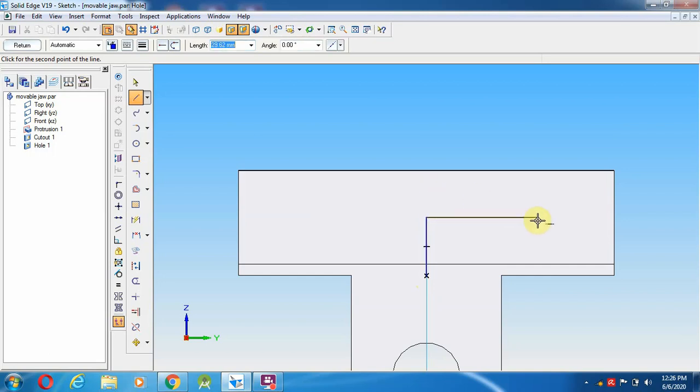Then the distance between the holes is 60 mm. That means this side 30, other side 30. So starting from there, we are going to give 60. So we can close over here.